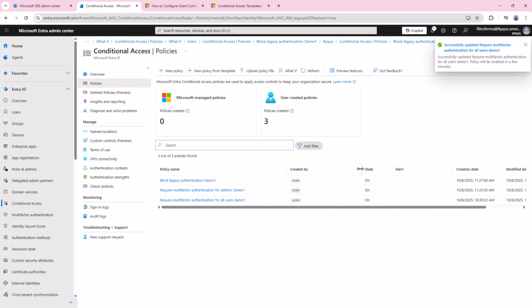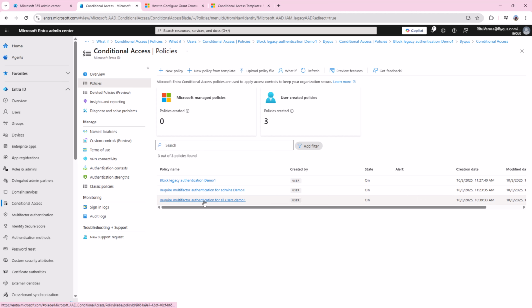So now state is on for all these three conditional access policies. All right, so we are good with conditional access policy: multi-factor authentication for admins, require multi-factor authentication for all users, and block legacy authentication.